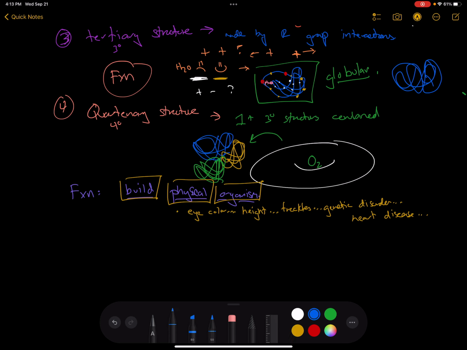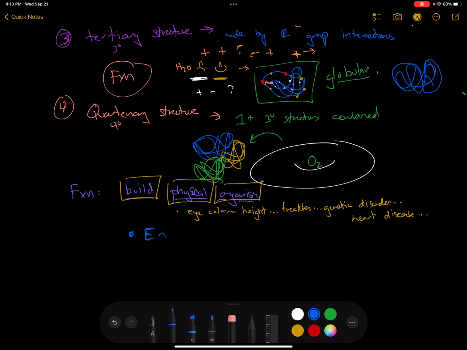Now there's a couple special proteins, right? The first one being, I kind of lost my train of thought. Build physical organisms. Yeah, oh, okay, the one